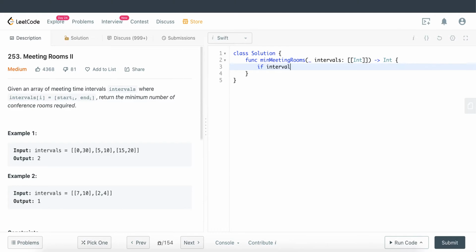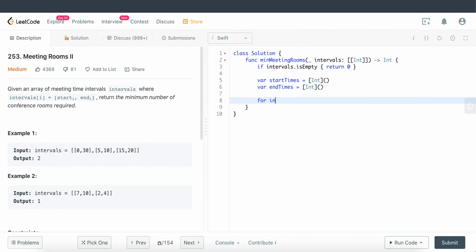So here we're going to check if intervals is empty. We're just going to return 0 because there's no meeting scheduled, so we don't need any rooms. And as I said, the strategy here is to split the starting times and ending times into two separate arrays. So I'm just going to do start times equals an integer array, and the same thing for end times. To break them up, we're going to loop through the intervals array here,